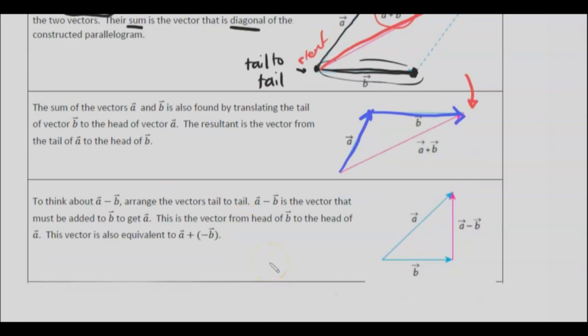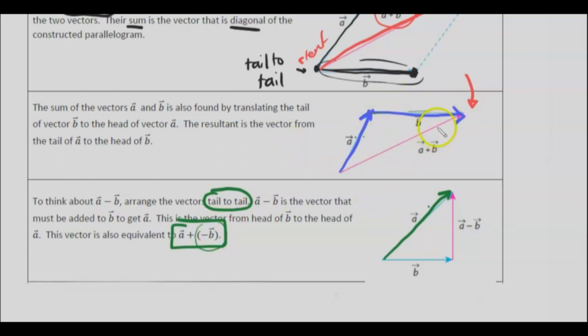So to think about A minus B, what we can do is arrange the vectors tail to tail. Okay, A minus B is the vector that must be added to B to get A. This is a vector from the head of B to the head of A. This vector is equivalent to A plus negative B. Okay, so when I think of this, our A is going to be normal, right? It looks like that. That didn't really change, right? But instead of adding B, which goes this way,